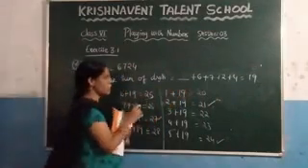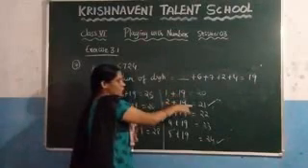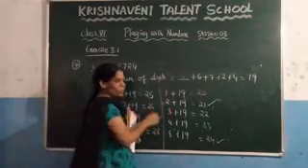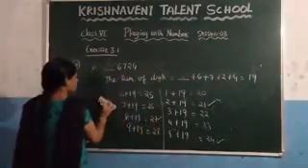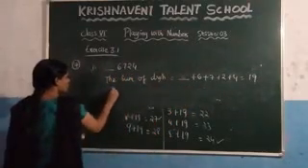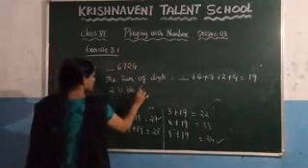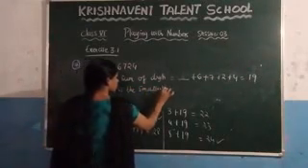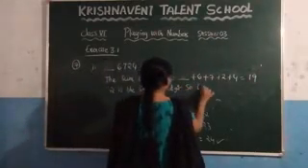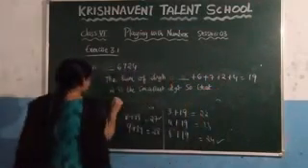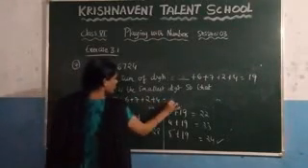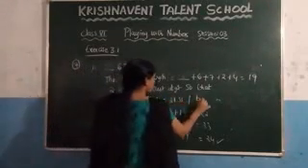That number is not divisible by 3. If you keep 2 here, you will get the answer 21. And you know that 21 is divisible by 3 and this is the smallest digit. So here write it in the question. Two is the smallest digit. So 2 plus 6 plus 7 plus 2 plus 4, what you are getting here, 21, is divisible by 3.